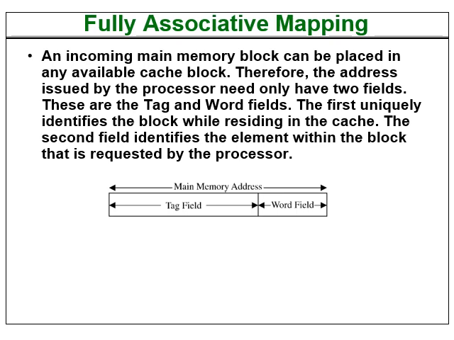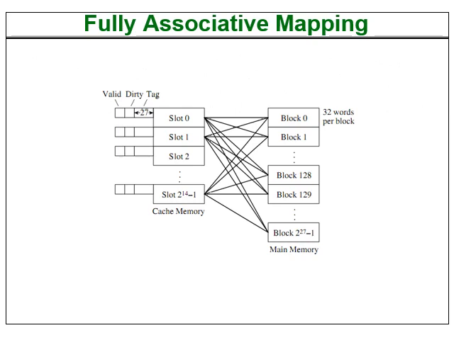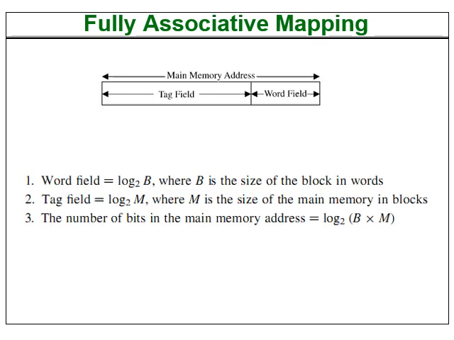So although fully associative mapping is giving me a higher level of flexibility in storing the data into the cache memory, the increased size of the tag field means that now we have to compare more lines as compared to direct mapping. The search becomes a little bit slow. As you can see over here, block number 0 can go to any line, block number 1 can go to any line, block number 2 can go to any line, and so on. So we have a valid bit, we have a dirty bit, then we have a tag, and finally we have the data from the cache memory.